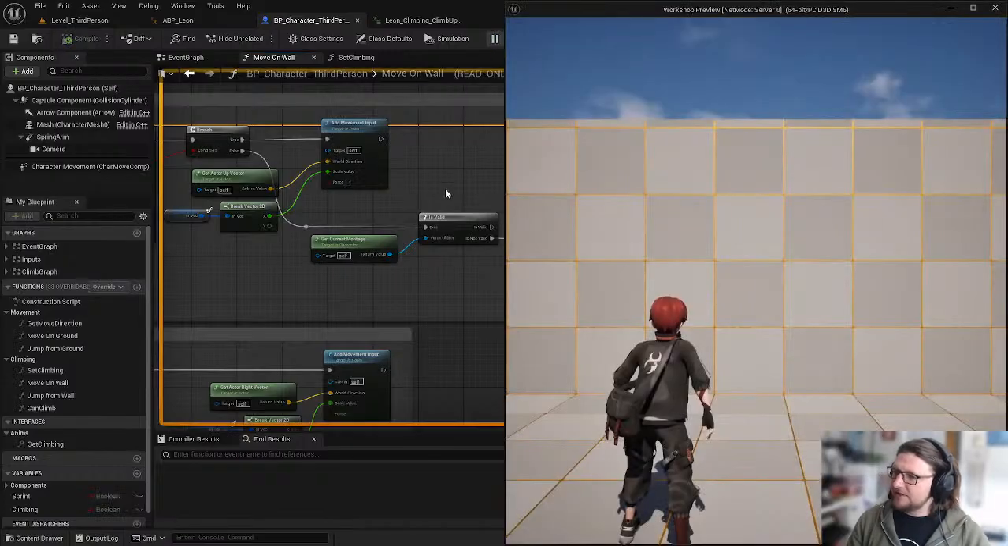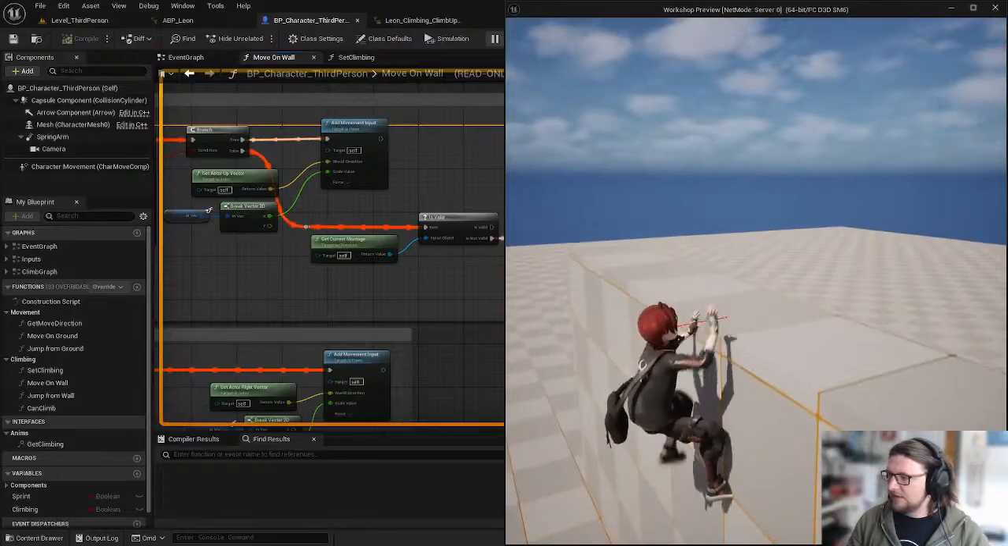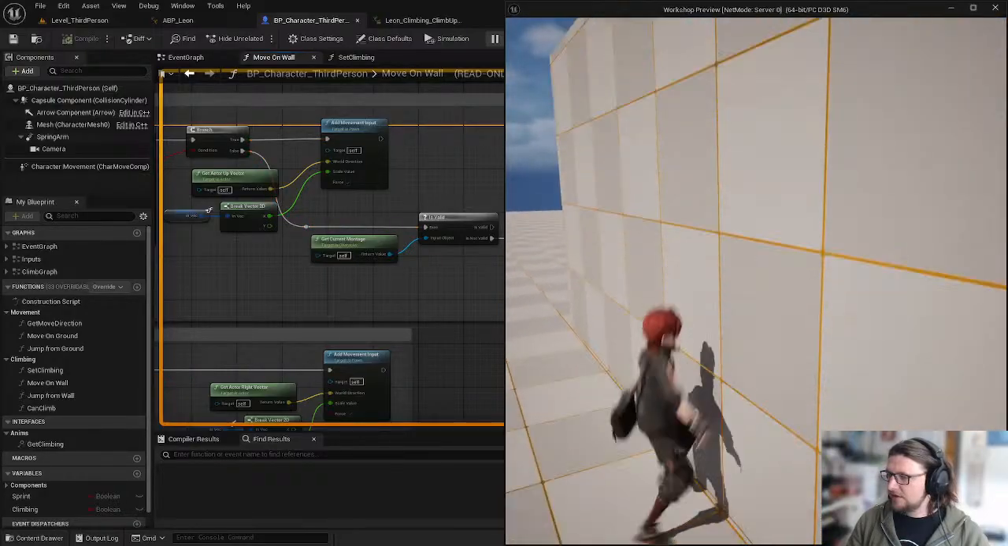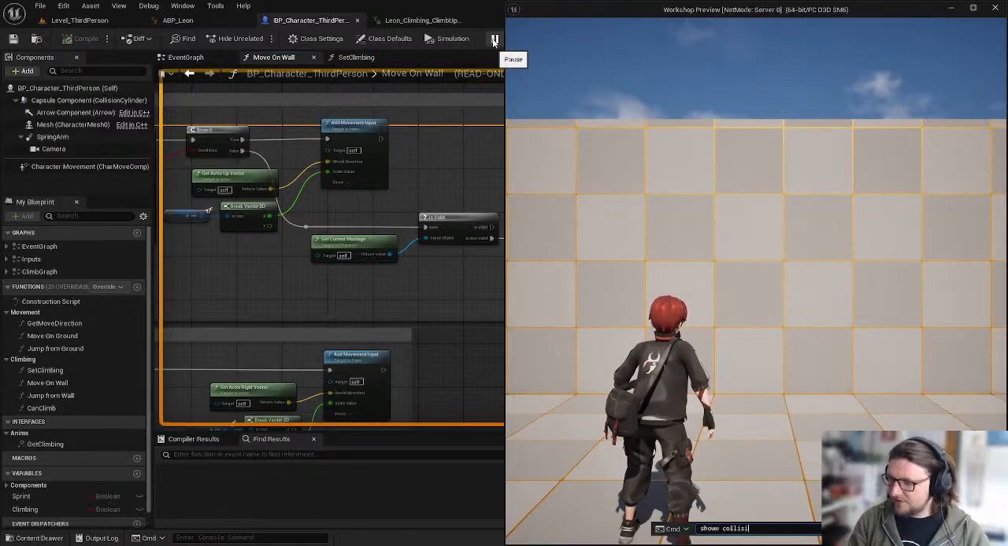Where was I with this? Yeah, so if I'm playing a montage, I'm not allowed to press W. So let's show the capsule. See if the